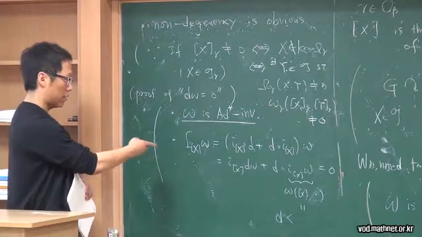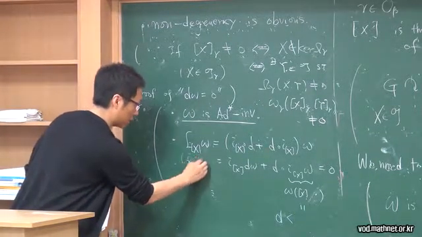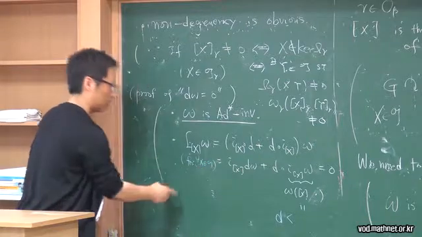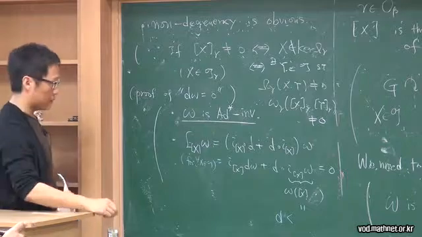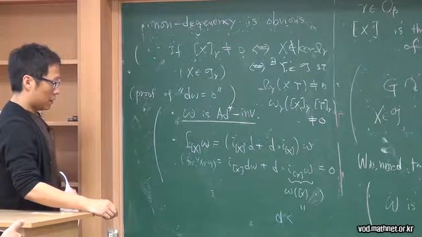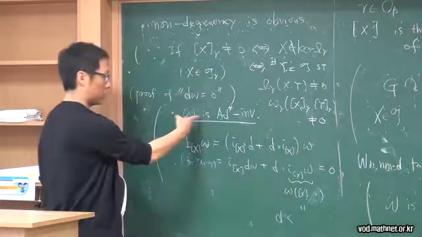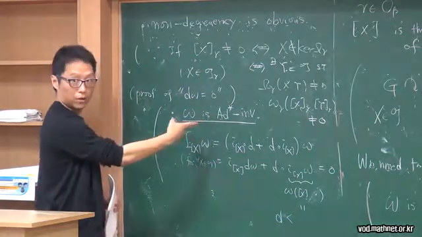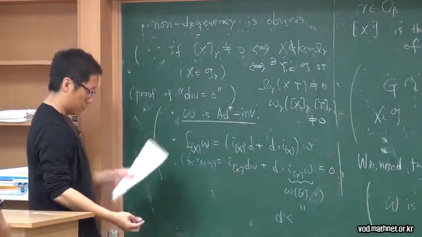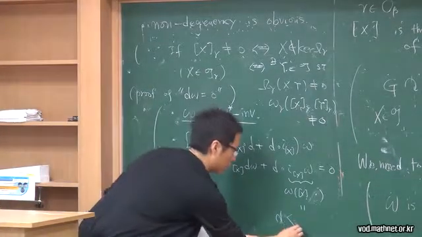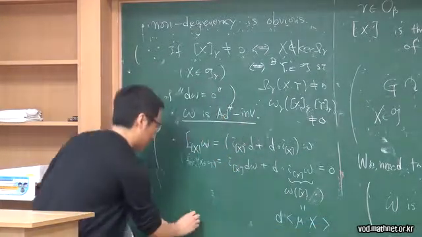Yes, for any Lie algebra element, and the corresponding fundamental vector field satisfies this property. And then why is this one 0? Because it is invariant under this action. You already assumed that this is invariant. Yes. This is nothing but d mu x,